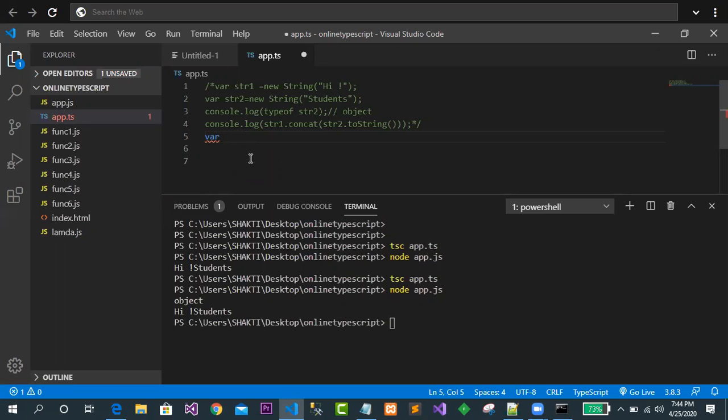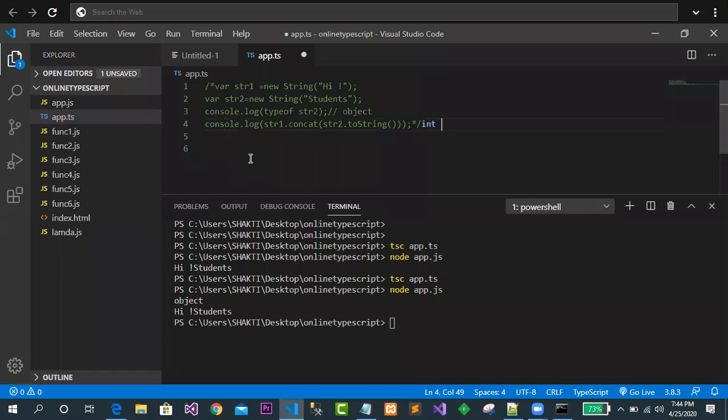Okay, so exactly, suppose I have taken var x equal to 10. What is the meaning of this one? So here the type of x is what? Number. Here the type of x is number. When I have written var x equal to 10, the type of x is number. Okay, so var is dynamic. We can simply say it's a keyword which is holding data types dynamically.